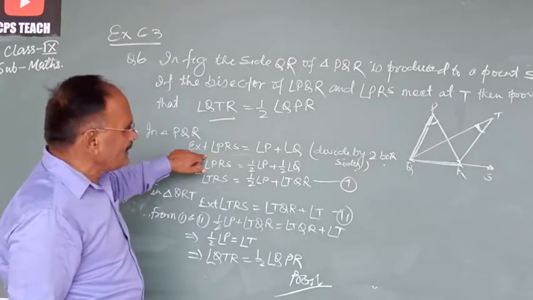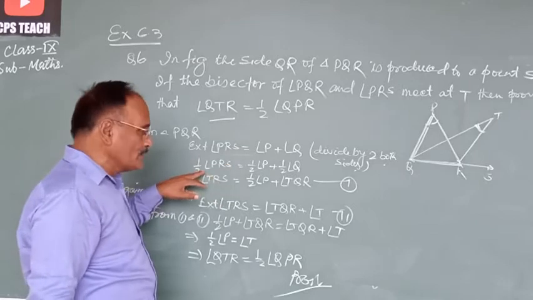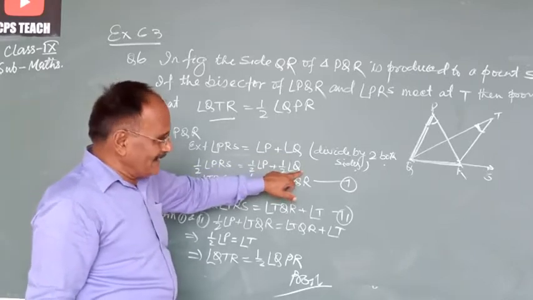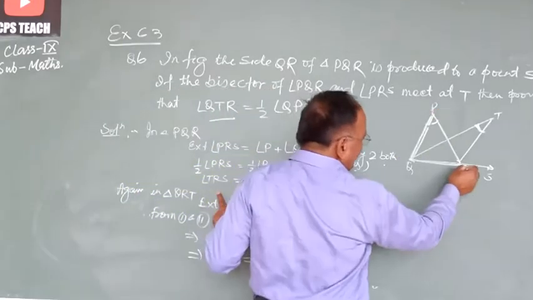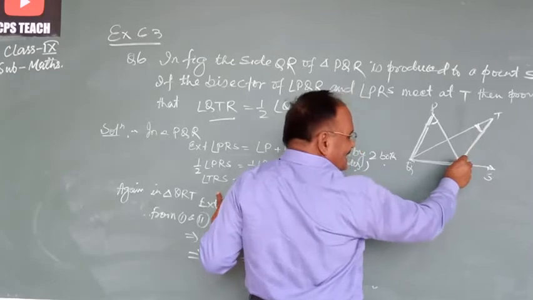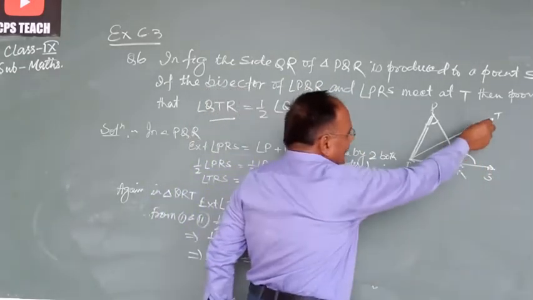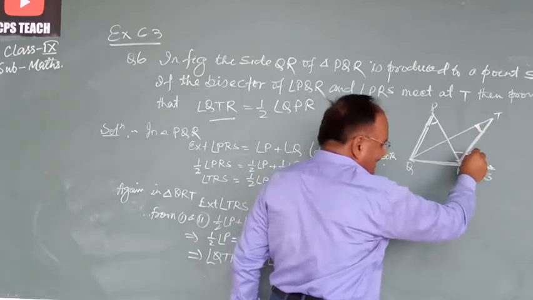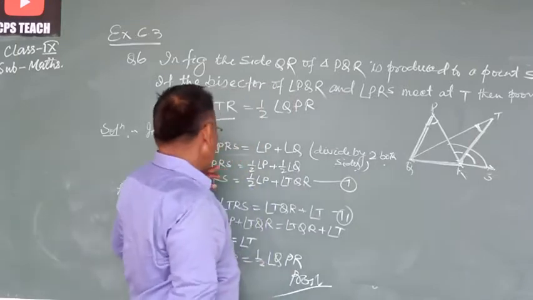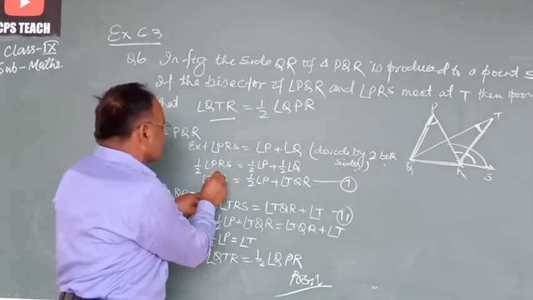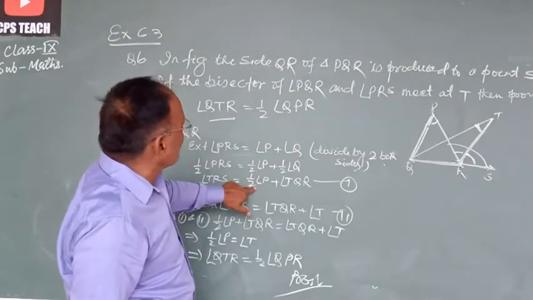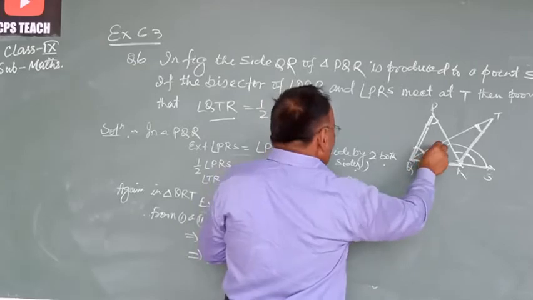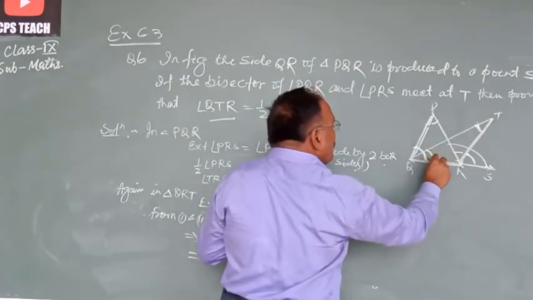दोनों तरफ हम 1/2 से डिवाइड कर रहे हैं, यानी 1/2 angle PRS is equal to 1/2 angle P plus 1/2 angle Q. क्योंकि RT बाइसेक्टर है इसलिए यह एंगल बराबर यह एंगल, यानी TRS is equal to 1/2 PRS. यह एंगल TRS पूरे एंगल का आधा है। अब TRS is equal to 1/2 angle P and 1/2 angle Q. This angle Q, the half of this angle is angle TQR. This is the half of the total